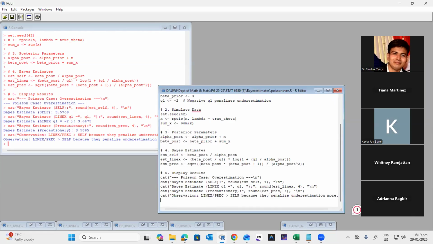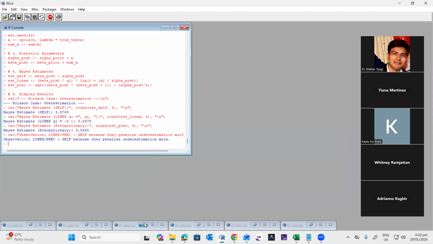All right. So right now you can do one thing. You have the code for the Poisson and Bernoulli. So here you can change the value of the parameter theta and you can change the value of the hyperparameters alpha and beta, and then you can check in which combination of the parameters what kind of results you are getting. All right. So now we just take another study for